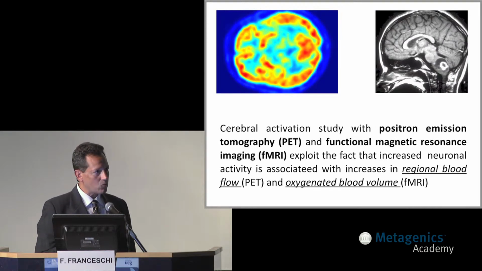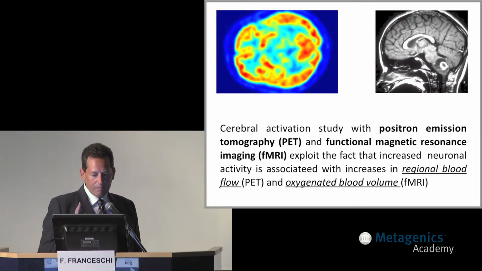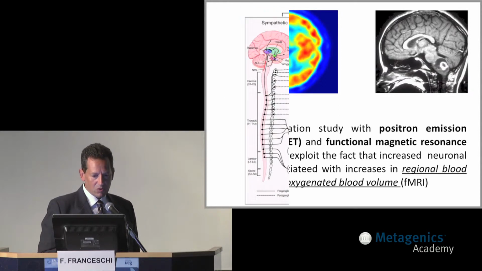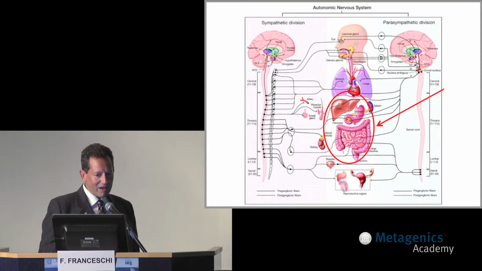What we know is that when we have pain, also abdominal pain, we have a modification of the neurotransmitters in our brain, and this is very important because we have a very strong connection between the intestine and the